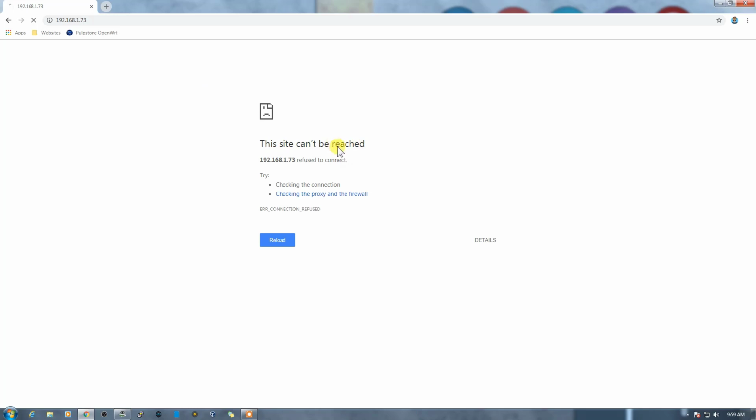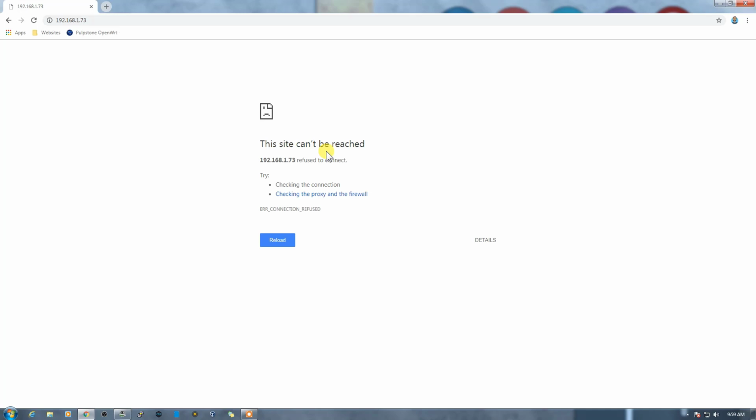So what we need to do now is we need to connect a keyboard and mouse to our Raspberry Pi and make some changes that will help us to get the GUI back. So how we can do that? Let's go ahead and first of all connect the USB keyboard and mouse to the Raspberry Pi, and then we'll switch back to the command prompt screen, where we can go ahead and type some commands and try to fix this issue.